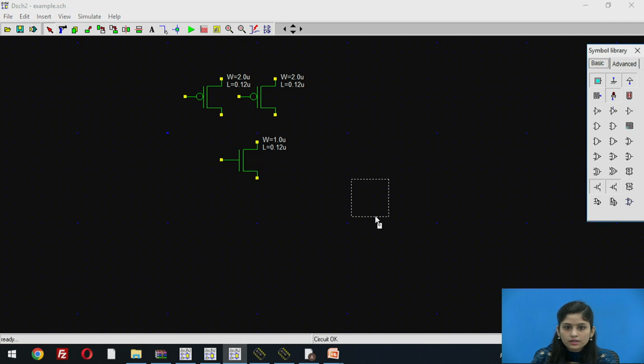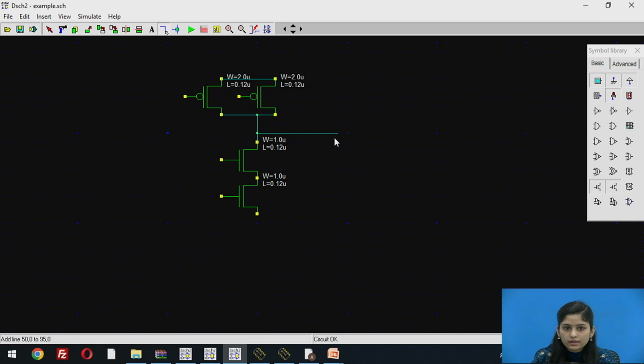So I am using another PMOS and another NMOS, connected in series. Now we have to add a line between the two source terminals and the two drain terminals of the PMOS.